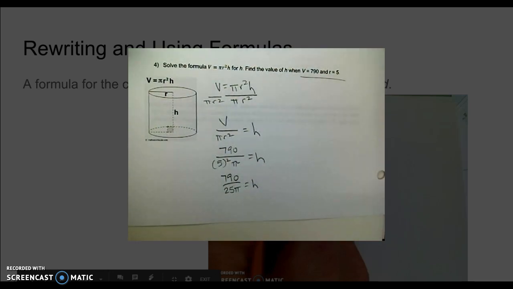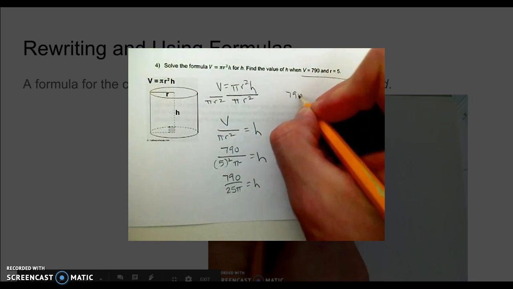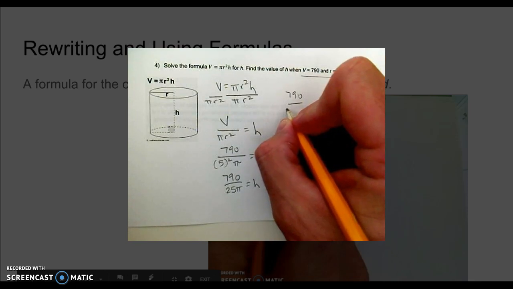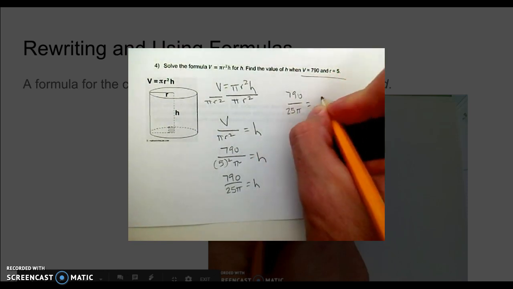Now, depending on what you're being asked to do, word problem and such, you may be asked to leave this in exact form, to leave pi as is, or you may be asked to use the approximation 3.14, and that's what we're going to do in this example. So 790 divided by 25 as you go to your calculator, and divide that result by 3.14. It's going to give us